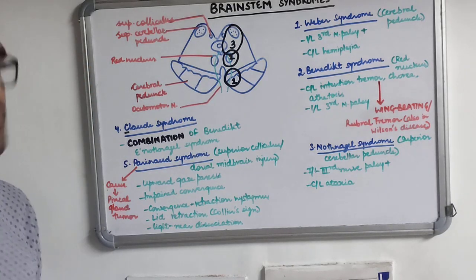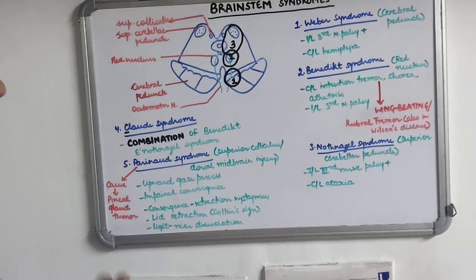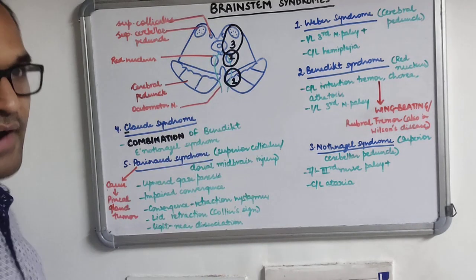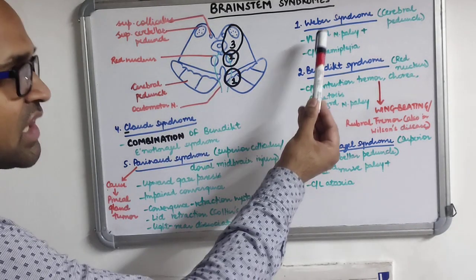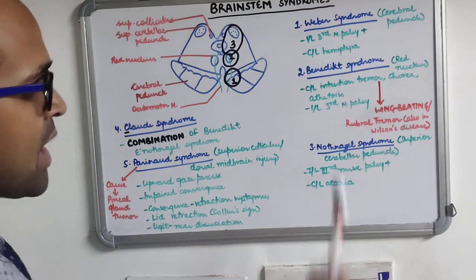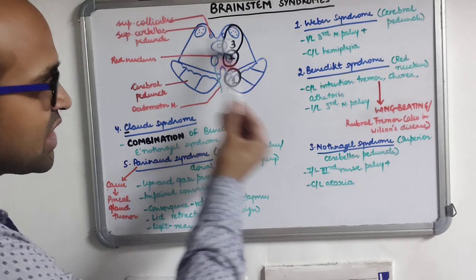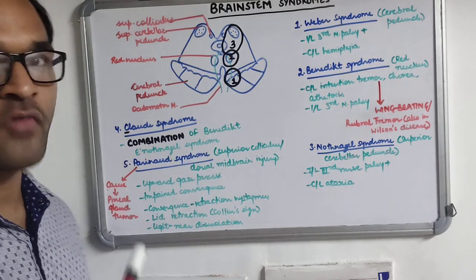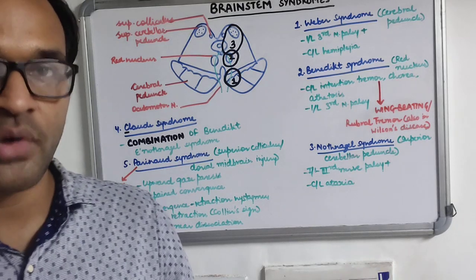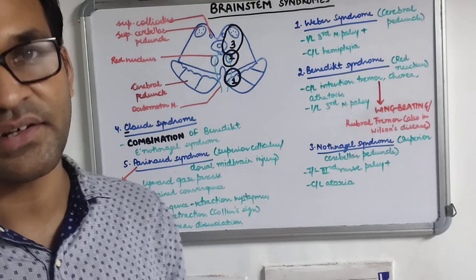Weber syndrome occurs when there is an injury to the area of medial cerebral peduncle. So there occurs ipsilateral third nerve palsy and contralateral hemiplegia due to involvement of cerebral peduncle. Benedict syndrome occurs when there is an injury in the area of red nucleus. So because of involvement of red nucleus, there is contralateral intention tremor, hemichorea, hemiathetosis, and ipsilateral third nerve